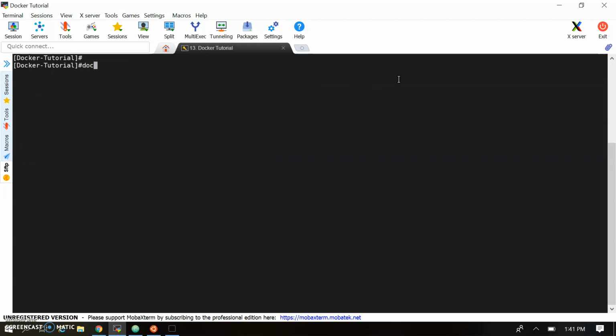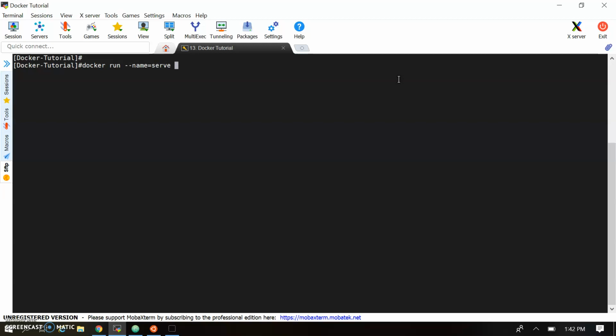To run a Docker image container, which will create a container, there is the command docker run. We will pass the name. Let me give the name serve.